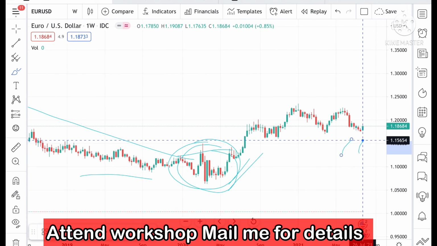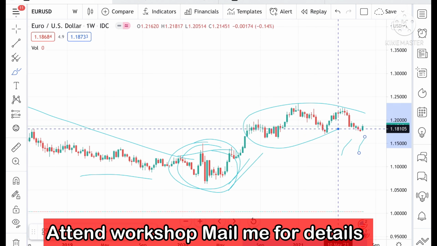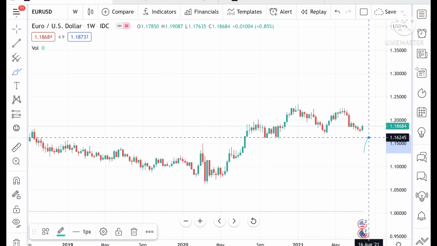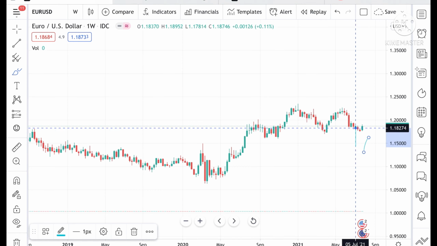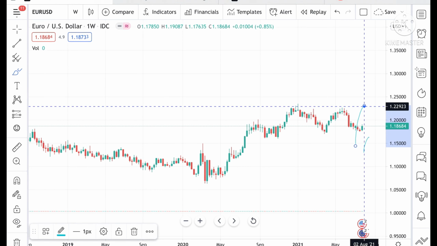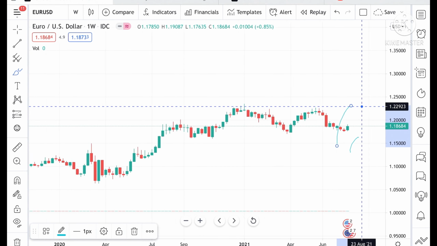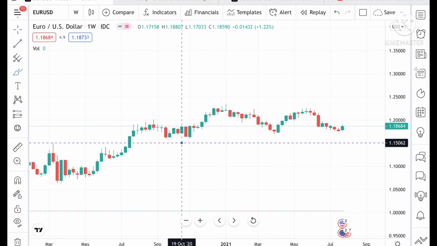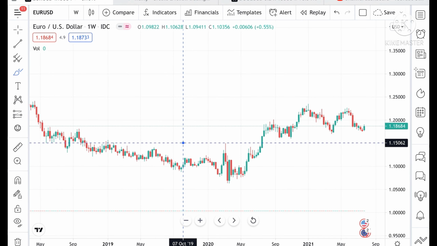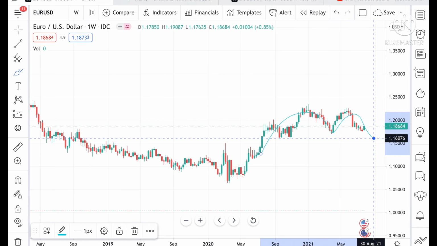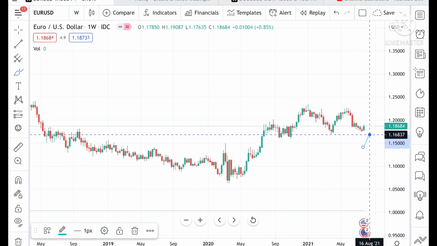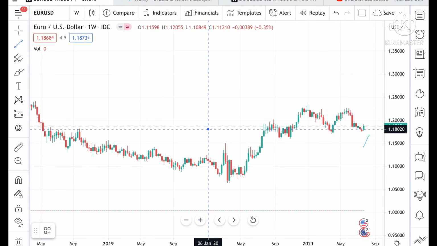So the range is around 1.16 and a high of around 1.22923. This is the range that it is moving in, and we can see there is an M pattern forming. So what you have to understand is there is a strong trend line. We can see a trend line. You can make a trend line also. If we make a trend line, we can understand that